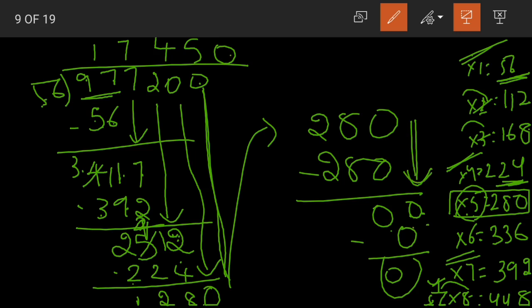Okay? Now suppose after this, we have completed till this, right? So after this, if I have 3 zeros, I can simply put 3 zeros here in the quotient. Okay? So the number of zeros in the dividend will be equal to the number of zeros in the quotient. Now see, here we are having only 1 0, right? So I am keeping only 1 0 here. If we had 2 zeros, I should write 2 zeros in the quotient as well. I hope this is clear.